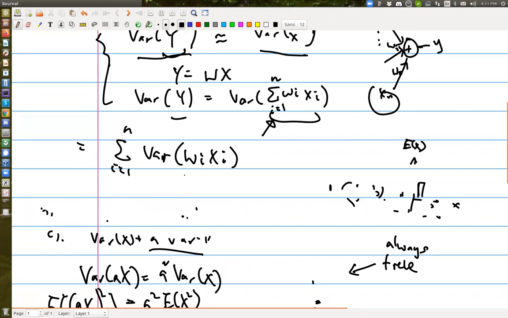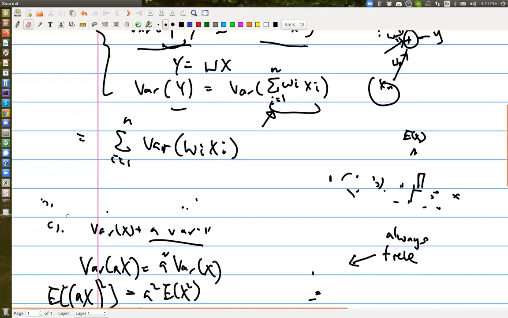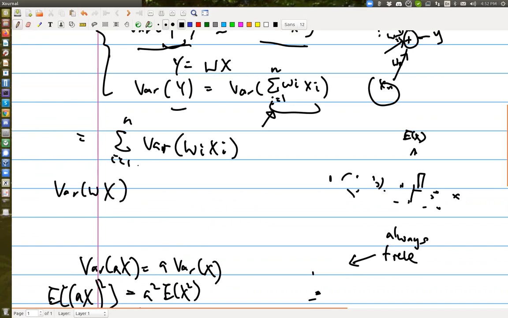Now I'm going to argue that I can write this, maybe I just write one term here. The variance of wx, just a particular wx, will be equal to the expectation of w squared times the variance of x